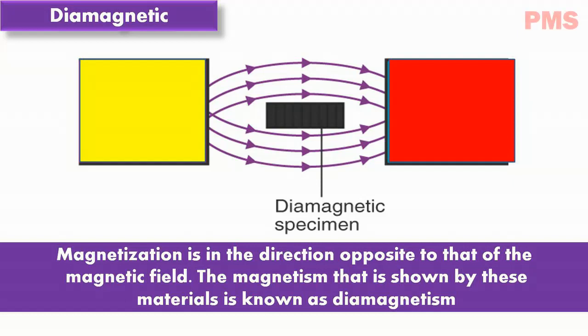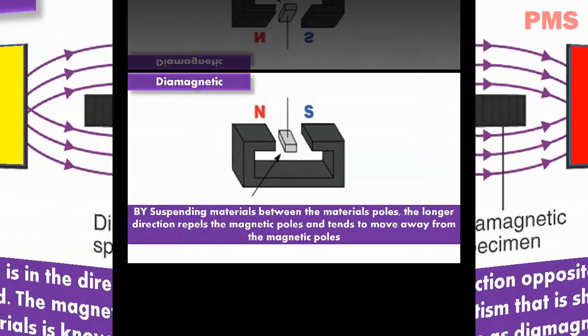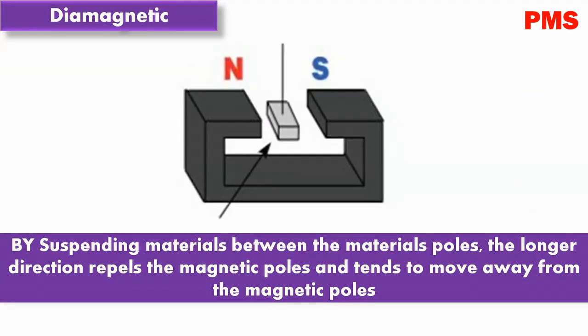If you think of substances that are non-magnetic, this includes substances like wood, water, some plastics, and a few metals as well. In simple terms, diamagnetic materials are substances that are usually repelled by a magnetic field.